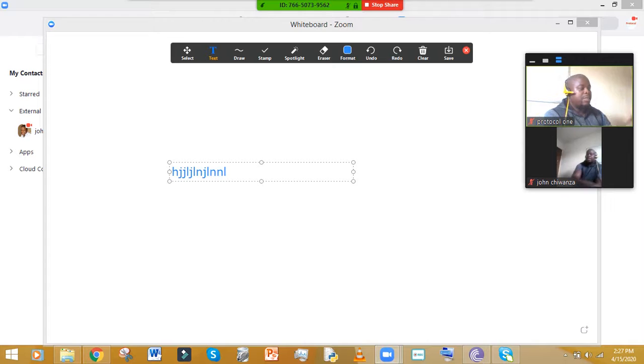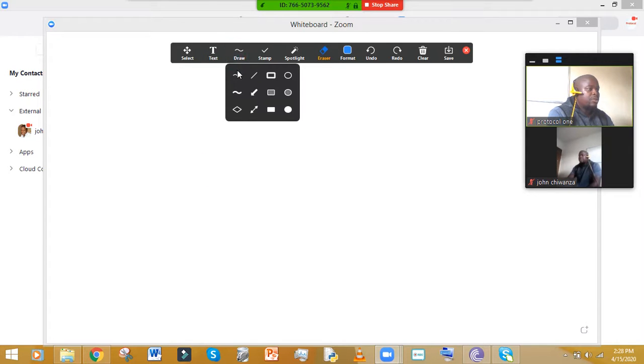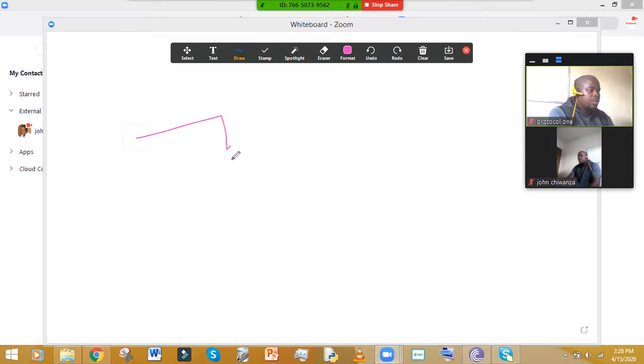So as I am typing now, the other person will also be viewing whatever I'm typing, and the other person also will be able to write on this whiteboard. Okay, if I want to erase, I can just erase. If I want to draw shapes, I've got a lot of different options. So this is when you want to write freehand, maybe you say 1 plus 1 is equal to 2, something like this. If you want to draw, you can draw like this, and you can also change the color here